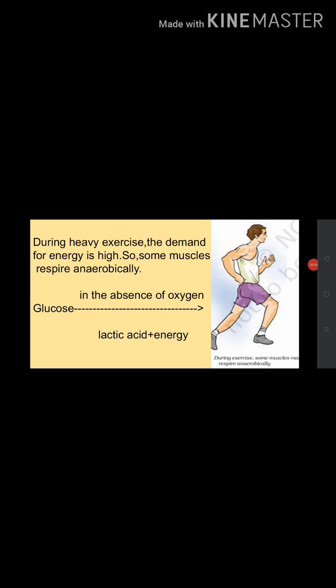Similarly, our muscle cells can also respire anaerobically, but only for a short time or when there is a temporary deficiency of oxygen. If oxygen is not available, our muscle cells can respire anaerobically. Anaerobically means without using oxygen. That is only for a short time. During heavy exercise